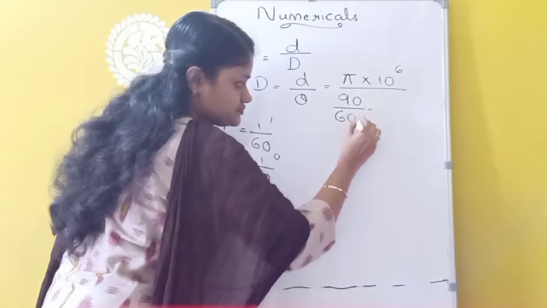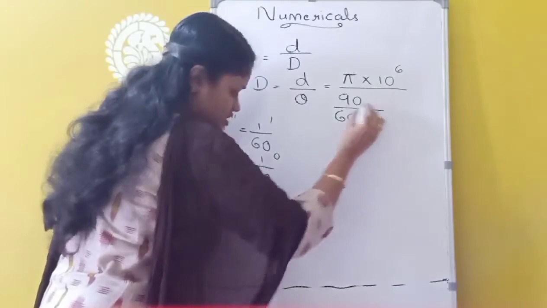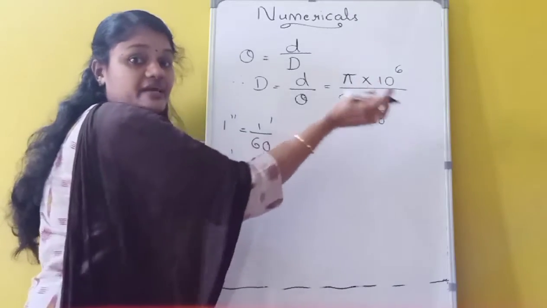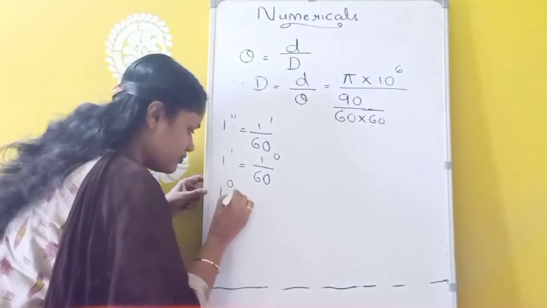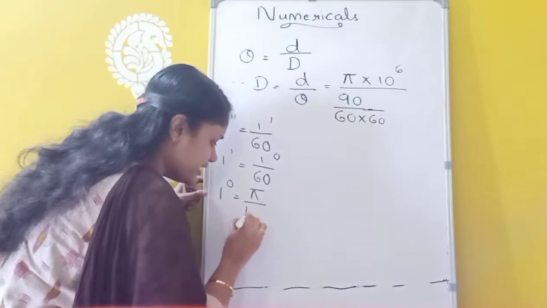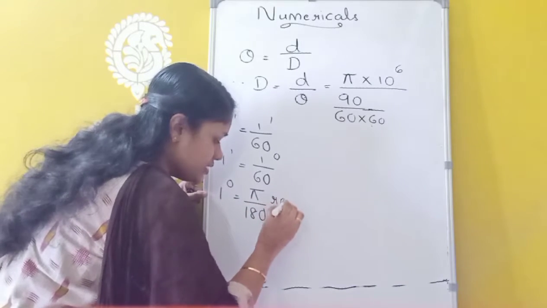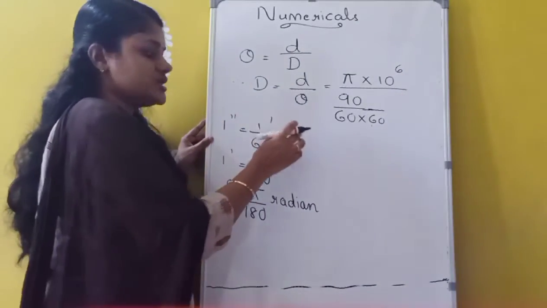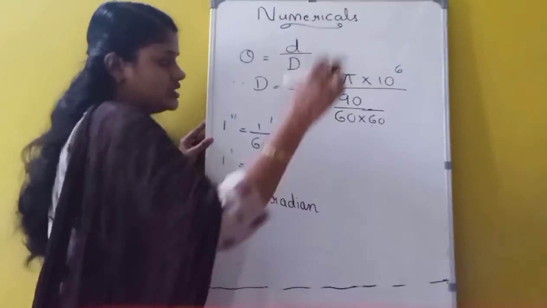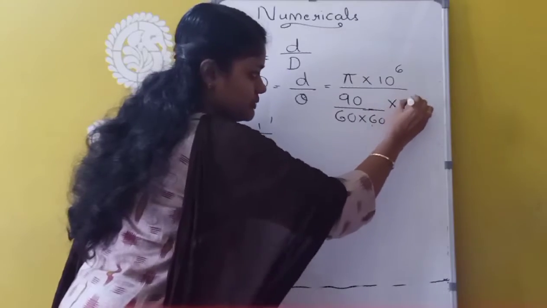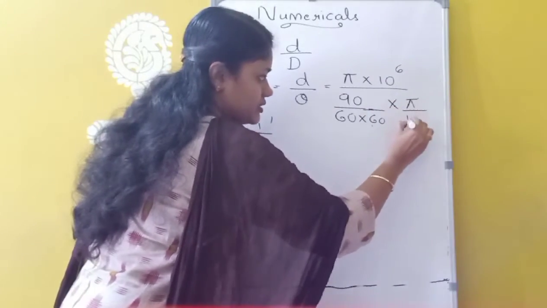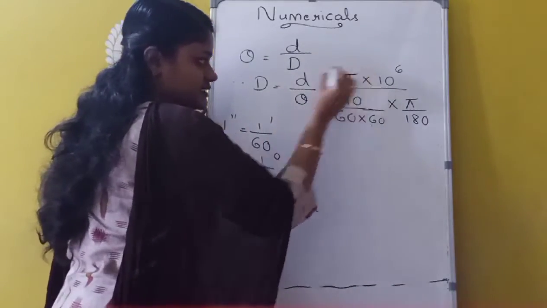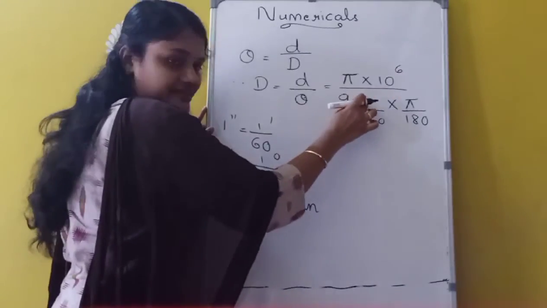So now it became degrees. Okay. Now this degree again we have to convert into radians. So 1 degree equals pi by 180 radian, because radian is the SI unit of angle. So we always have to convert this degree into radians. So what I am doing is again you have to multiply by pi by 180. Clear? So this pi into 10 raised to 6 is the diameter, divided by 90 seconds